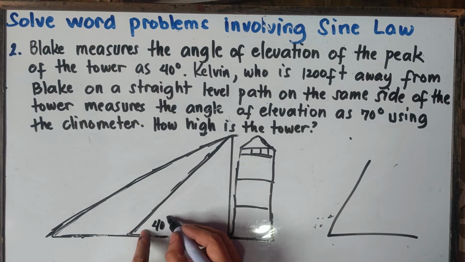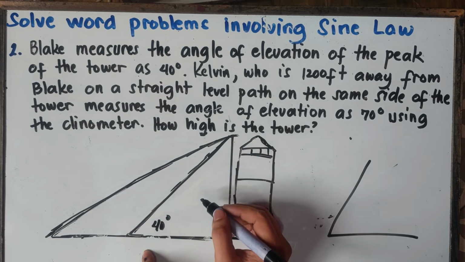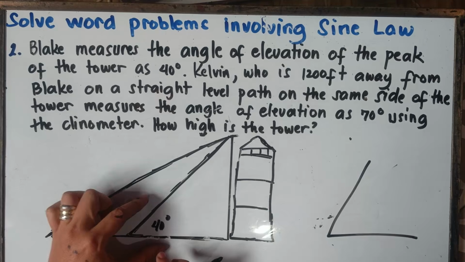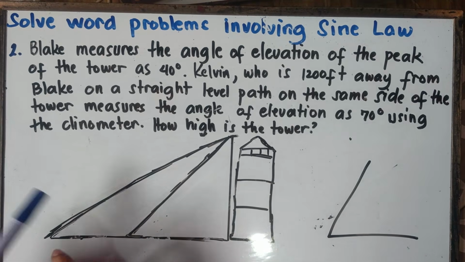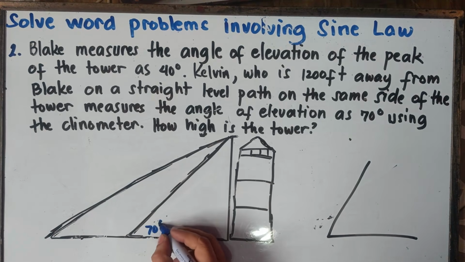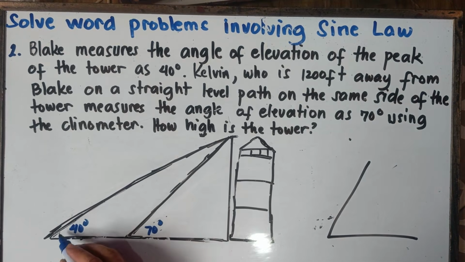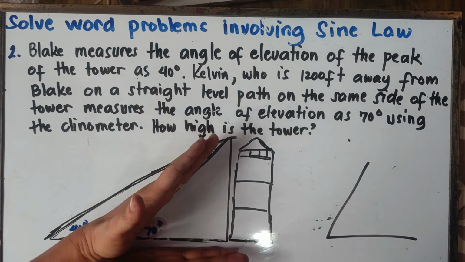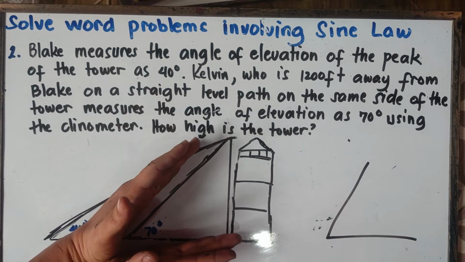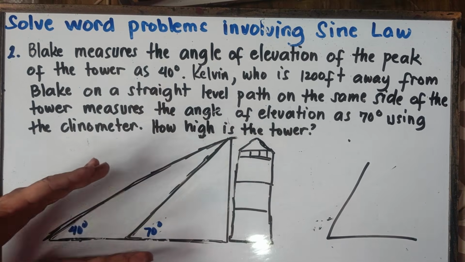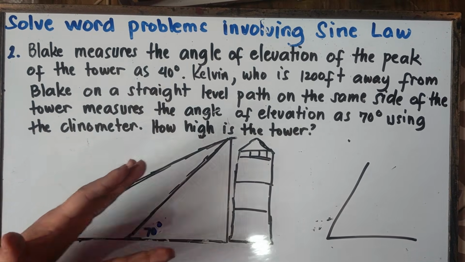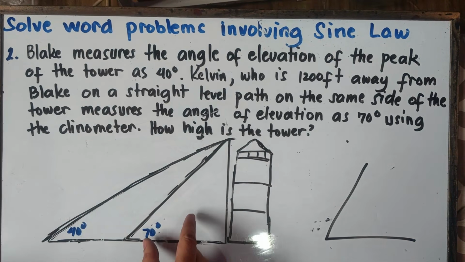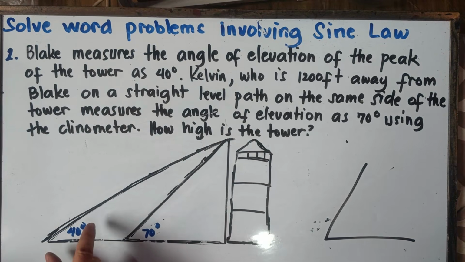You can never have 40 degrees with the opening like this. You have a bigger opening, class. This is not 40 degrees. So therefore, this will be 70 degrees and this will be 40 degrees, based on the given opening. We know this opening, this one right here, is bigger than this one. Therefore, this will be 70 degrees and this will be 40 degrees.